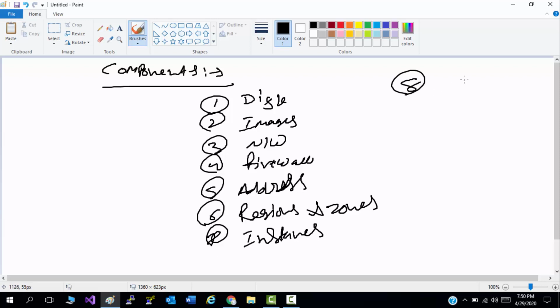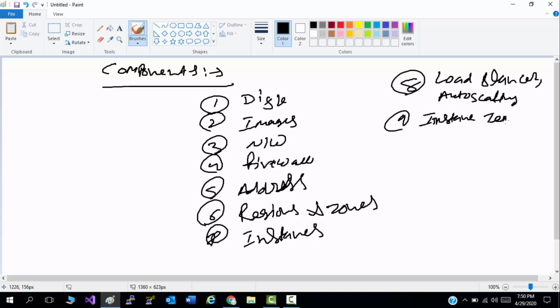Number 8, load balancer or auto scaling. Number 9, instance template.